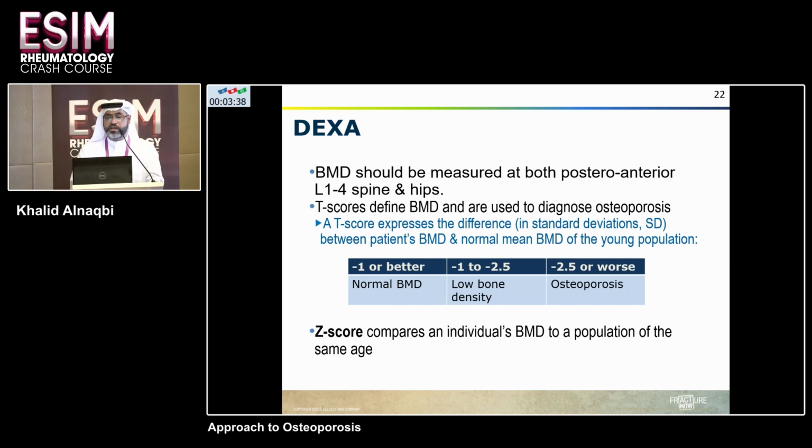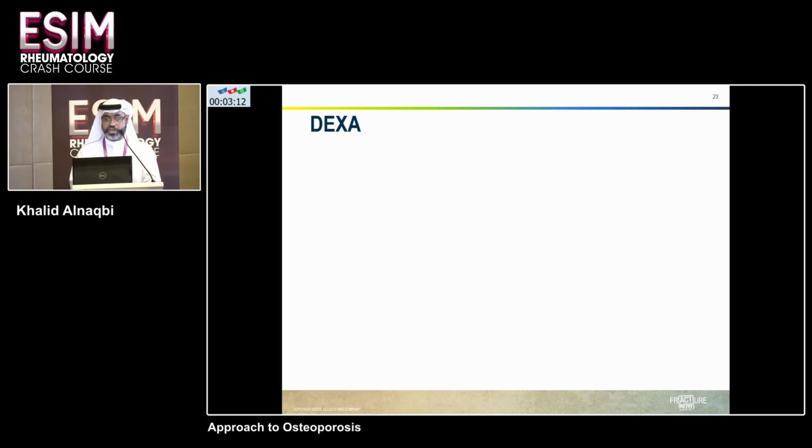T-scores define BMD and are used to diagnose osteoporosis. A T-score expresses the difference in standard deviations, or SD, between the patient's BMD and the normal mean BMD of a young population. According to WHO classification, -1 or better is normal BMD, -1 to -2.5 is low bone density, and -2.5 or worse most likely indicates osteoporosis. Z-score compares an individual's BMD to a population of the same age. For example,